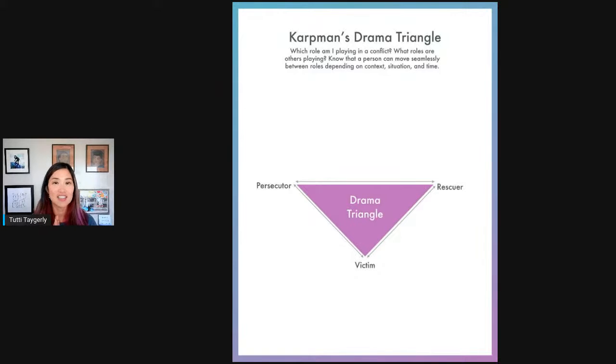So in the drama triangle, whenever there's a conflict, there are these roles. There's victim on the bottom, persecutor on the left, and rescuer on the top right. There's really not too much more that you need to see visually other than this triangle of victim, persecutor, and rescuer. So I will go back to my main part of it. So why this becomes a state of drama, and nobody wants drama. Nobody wants this. We want to be creative, we want to be curious, we want to get our work done, we want to resolve conflict, and why drama happens is because we have roles and attitudes and needs that we play.